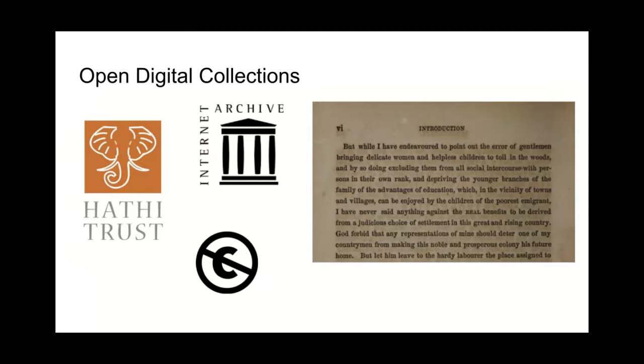So thus far, I've discussed tools, but for these tools, you need content, material to work with, to analyze and visualize. While you may already be working on a project that can be adapted to be used by one of these tools, another option is to use content from open online libraries and archives.